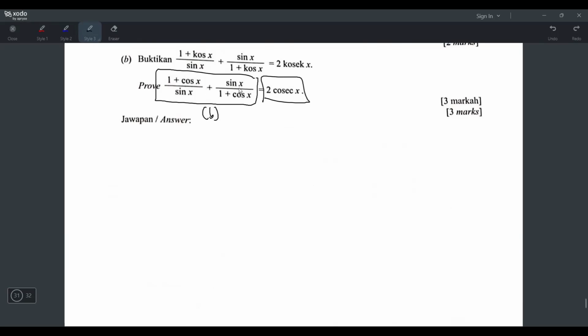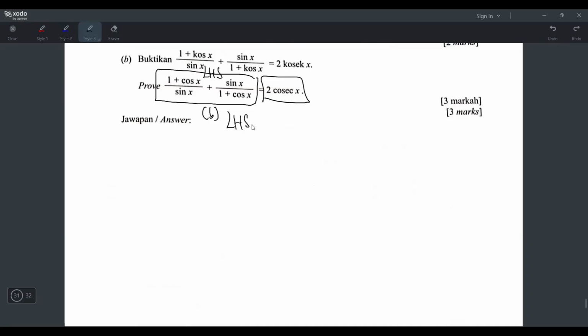You can combine into a single fraction, and then after you combine, maybe you can apply some basic identity formula, I don't know. So I will start with the left hand side. What I will do here is write down LHS, which is left hand side,